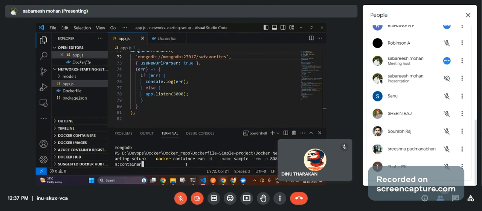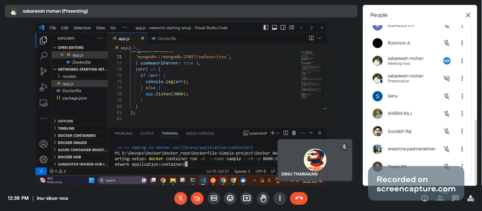So first I need to build the image. Okay, and now let me go and deploy that application, but in my own network, --network my network.